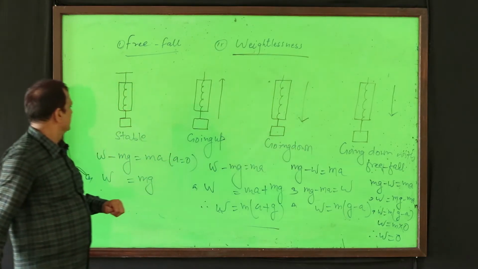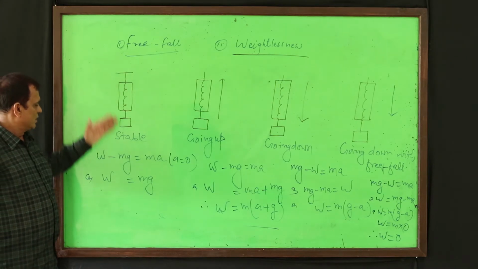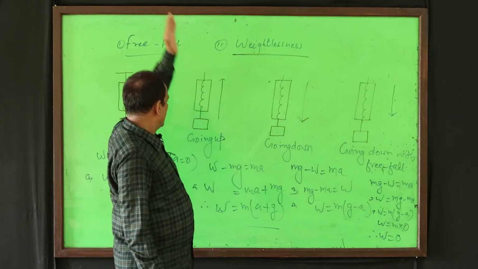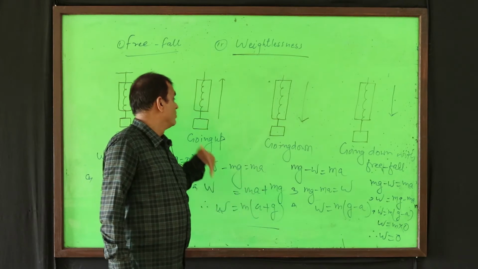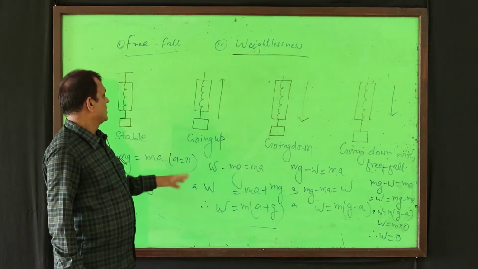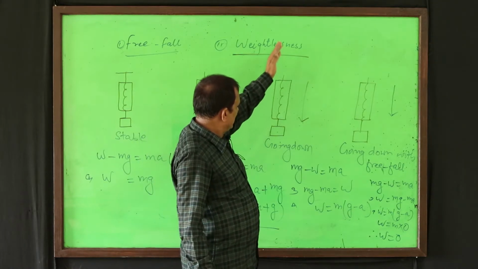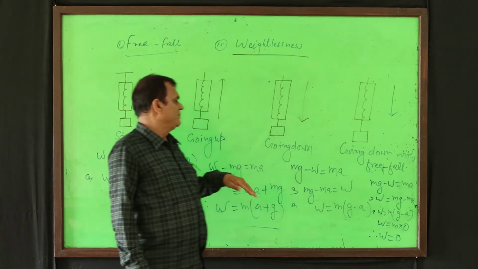There are four conditions. When the body is stable, it shows the actual weight of the body. When the body rises up or is going up, in this condition the weight of the body becomes more than its actual weight. When the body is going down with some oscillation, at that time the weight of the body becomes